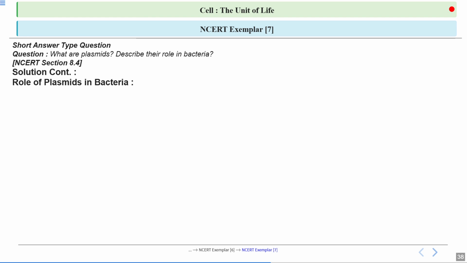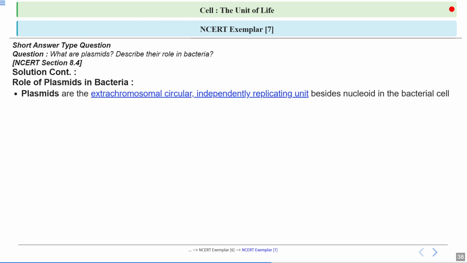What is the role of plasmid in bacteria? Let us see that. Plasmids are extra chromosomal. Why is it called extra chromosomal? Because the chromosomal DNA is different. It is a long circular DNA that is present in the center, called the nucleoid structure, right? But apart from that, there are small circular double-stranded DNA called extra chromosomal circular independently replicating units,